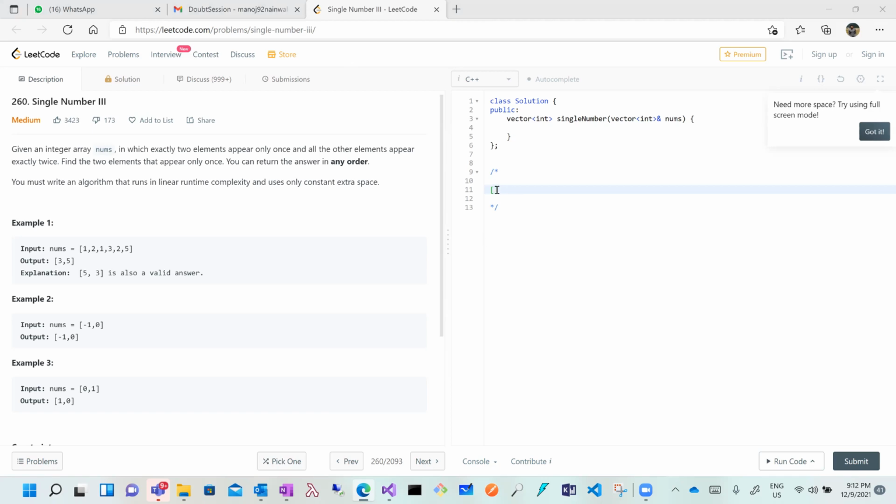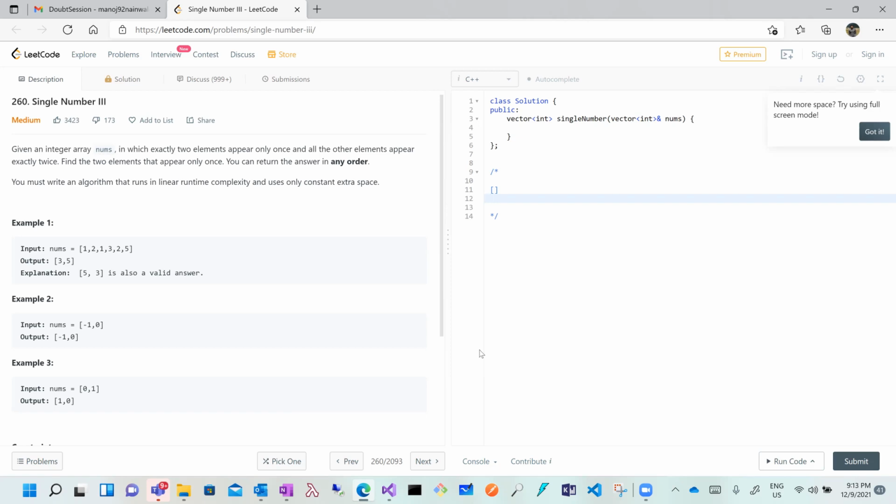Okay, cool. So there are a couple of ways we can solve this problem. I just want to ask you, what is your way to approach this problem? Can anyone please suggest something? We can use a hash map. Yeah, we can use a hash map definitely.